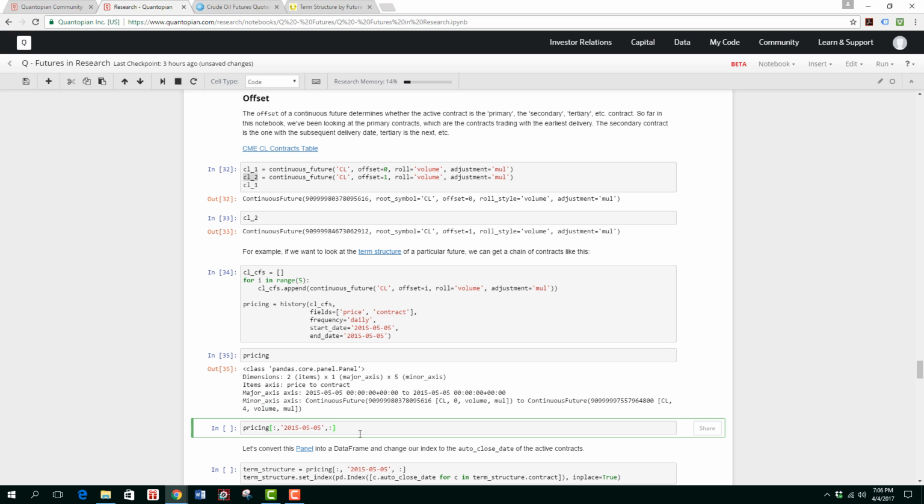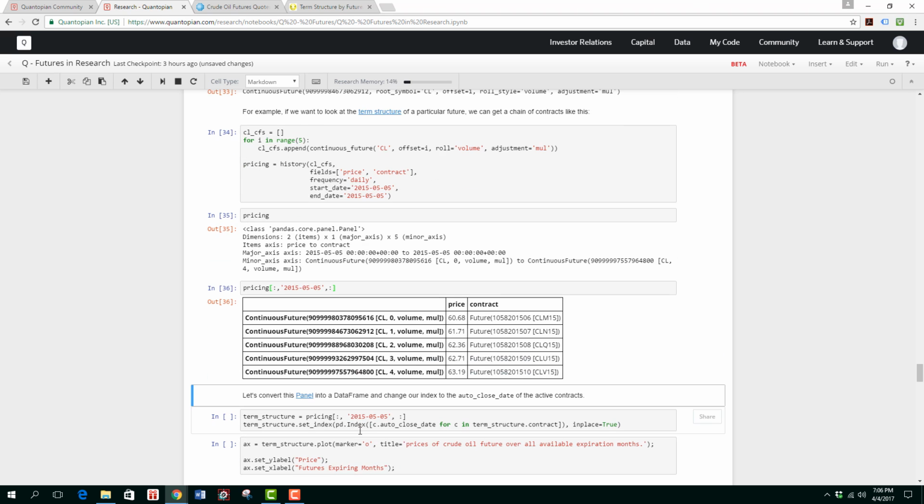We're going to pull out one date, which is 2015 May 5, and have a look at what this data frame looks like. This is just on 2015 May 5th, and let's look at what the term structure looks like. This is the M